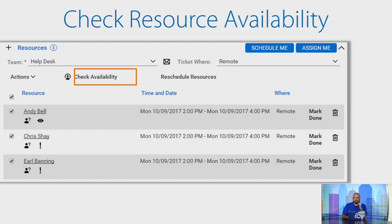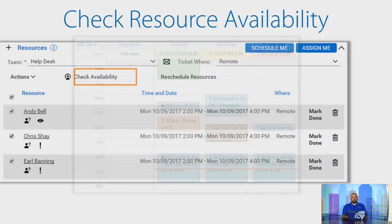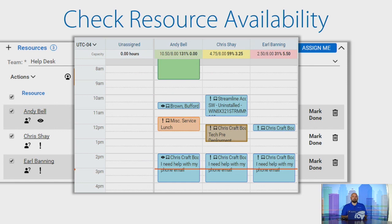So, if they were not utilizing the calendar to its fullest, we would not be able to see where those empty spots are on their calendar, or we might potentially double book them, which is not only going to leave a sour taste in our technician's mouth, but it's also going to not reflect well on our client, because while we had an internal error on double booking, the client themselves are going to expect to have that issue resolved